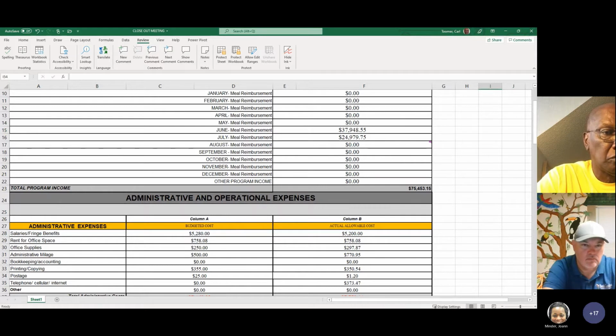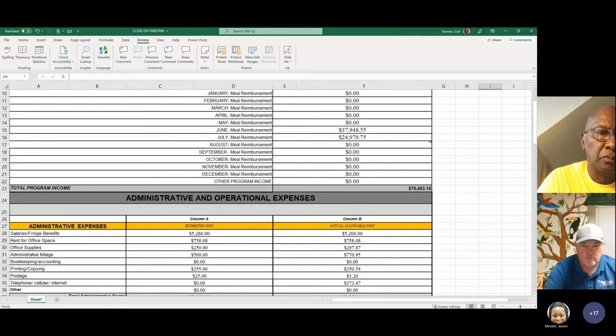Now, this is only for summer food, because this is the only program that we will be concerned about. That's why you want to keep those funds separate, because the summer food is the only funding that we're looking at when we come out to review. Okay.